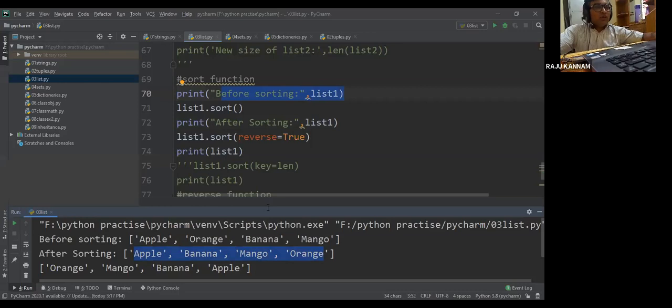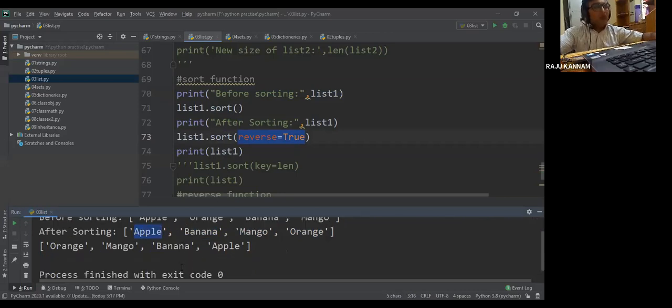Now after sorting, I'm making reverse also equal to true. That means first orange, mango, banana, apple will be printed. This is ascending order and this is descending order.